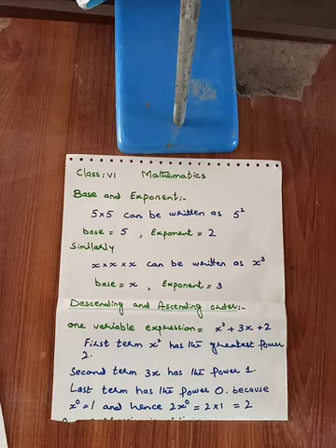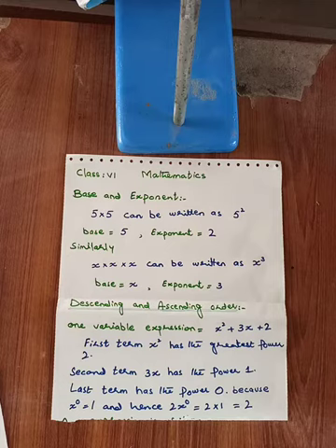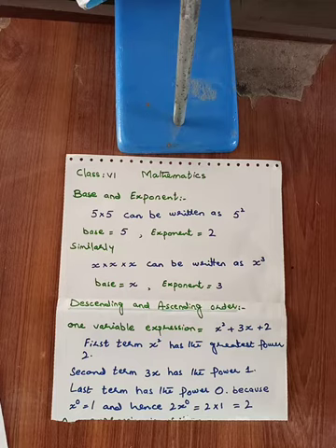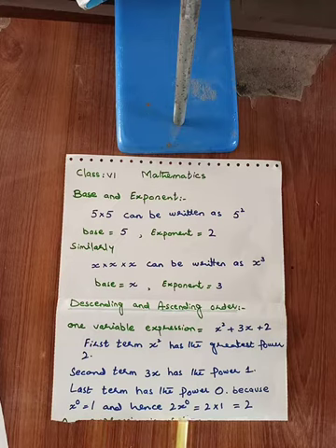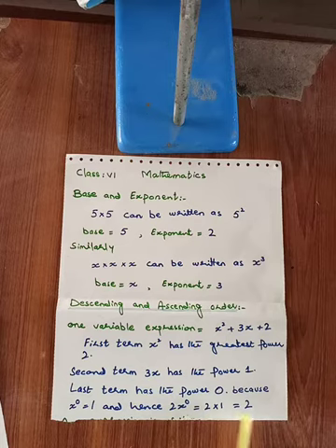So in this expression the first term x cube has the greatest power, or exponent, we can say both. The second term 3x has the power 1 and the last term has the power 0, because x raised to power 0 is equal to 1, and hence 2 multiplied by x raised to power 0 is equal to 2 multiplied by 1, which is equal to 2.